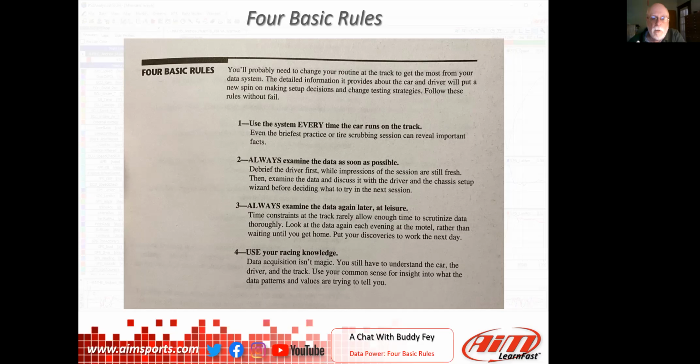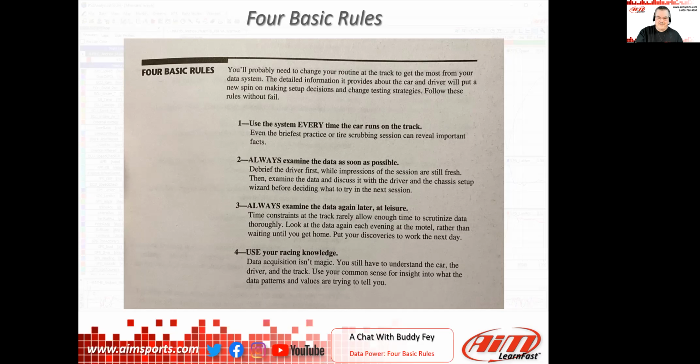For instance, if the driver says, "Yeah, I'm getting top-ended," there's nothing like watching it happen on the video. So it's a combination of the two. I agree with you. The squiggly lines, or the strip charts, or the measures graphs, all the same thing, different ways of saying it. I have gotten to the point where you can look at something and immediately see certain things. The muscle memory tells you that if your lateral G looks like this, this is probably what's happening. Or if the driver gets after the throttle and comes back and then goes again, that immediately catches your eye and you start to look and understand why.